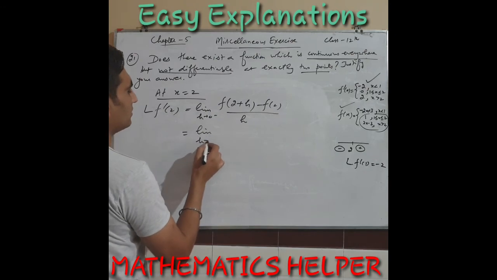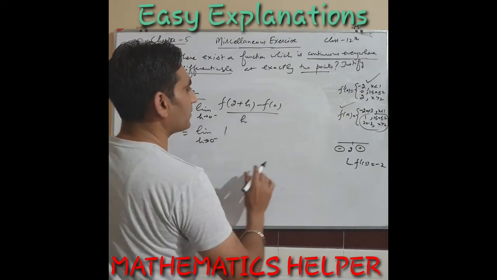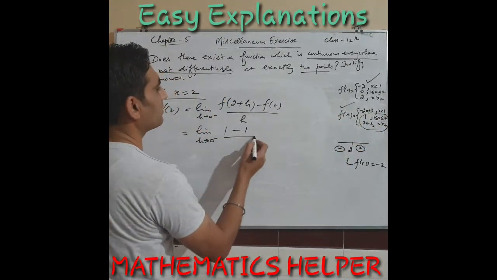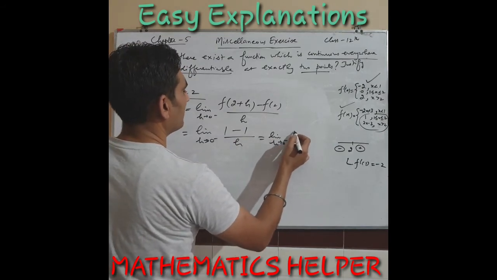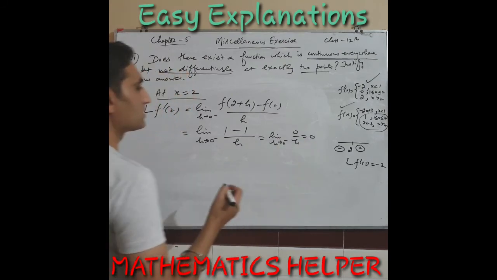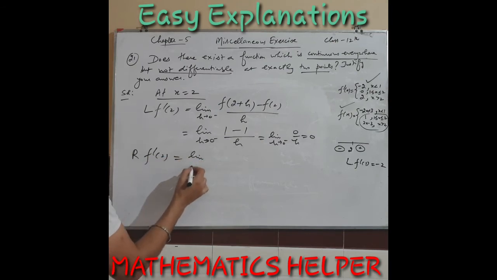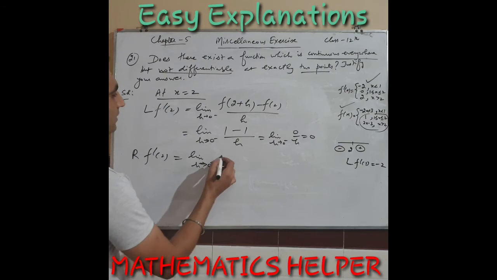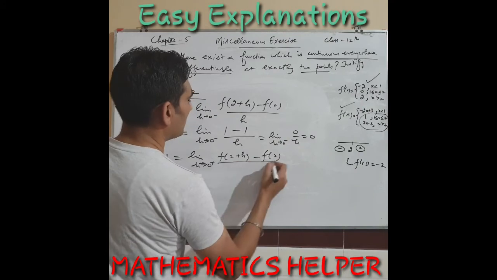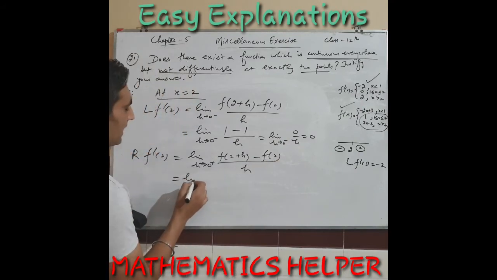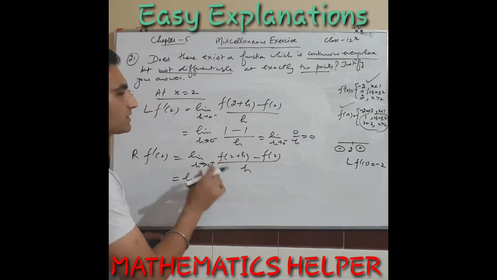So limit h approaches 0 from the left, its answer is 1. Similarly, when you put 2, you are standing on the left of 2, meaning for numbers less than 2, its answer will also be 1 over h, or limit h approaches 0 from the left, 0 over h, or answer is 0. Now the right hand derivative at 2. So it will be limit h approaches 0 from the right, f(2 plus h) minus f at 2 over h, or limit h approaches 0 positive, f(2 plus h).